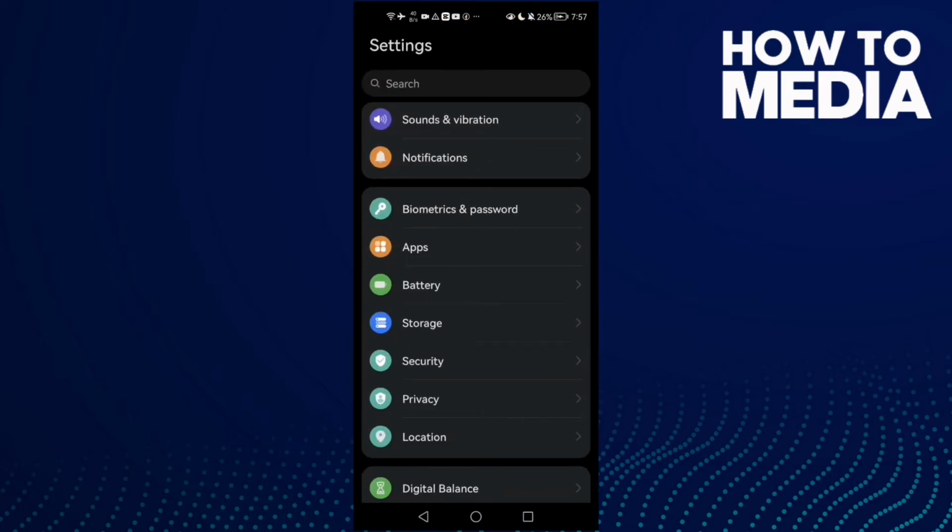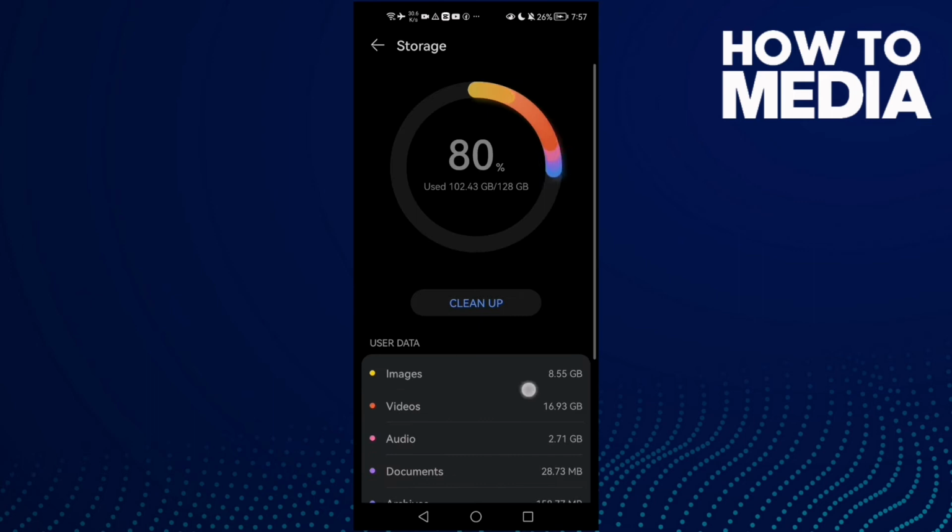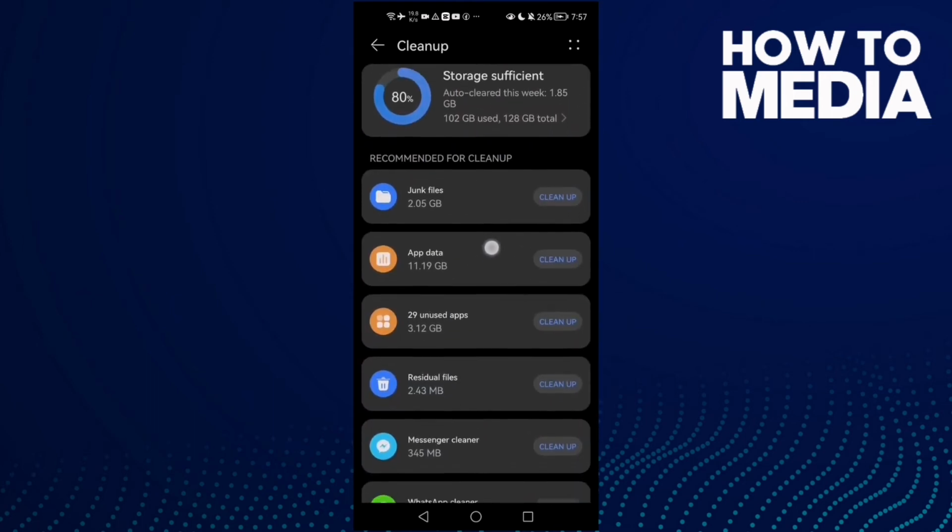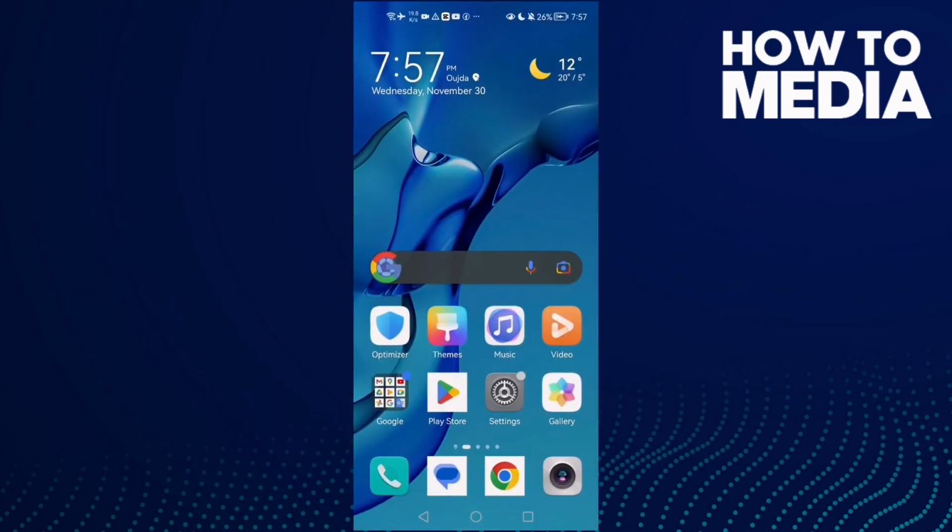First, open settings, then go to storage. Now click clean up, and here make sure you have enough space, or you can just delete some photos or videos here,